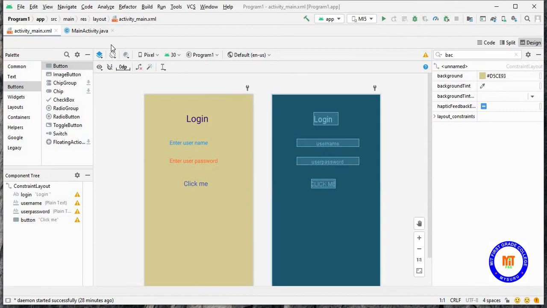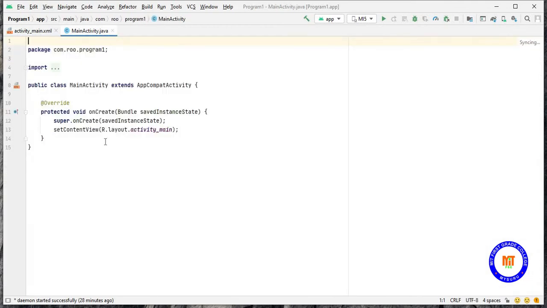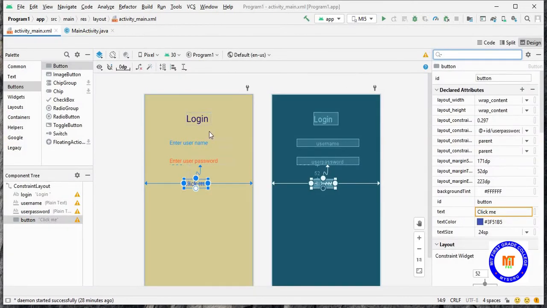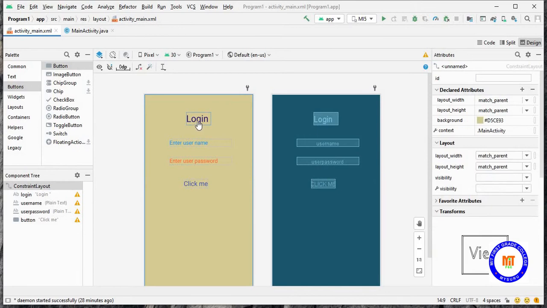Now we'll move on to the Java file. Here we can access the elements by using the IDs that we have given. And one more, in this program you can see this is the title, this is the username, and this is the password. After giving my username and the password, I have to click on this, and here it has to perform some action.